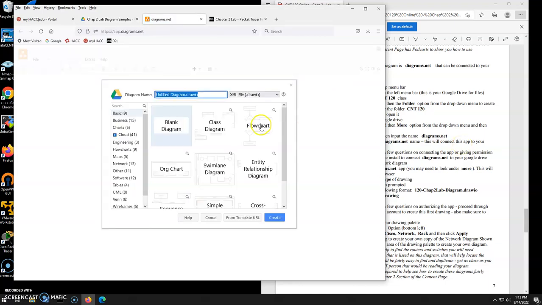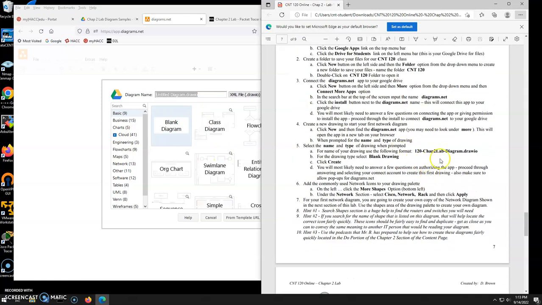Now, the first time you launch this, most likely you're going to need to authorize this account. So click the authorize. There will probably be a window that pops up saying allow pop-ups. So again, allow pop-ups for this, and you might need to go around the circle again and click authorize with your hack account, etc. But once you go around and authorize and allow the pop-ups and maybe authorize again, you should come to a window like this that is going to allow you to create a name for it and